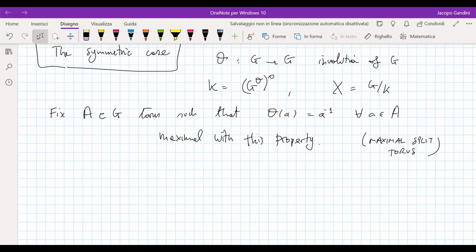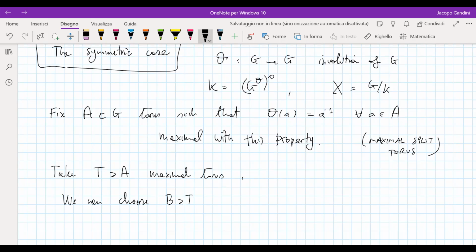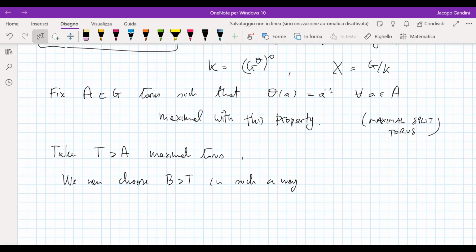Okay, and then we take all the rest, namely T, a maximal torus of G containing A, and we have all the notation as before, but now we can choose the Borel subgroup containing T. This is equivalent to choosing a set of positive roots. I will state a property in terms of the root system. And we can choose the Borel subgroup in such a way that